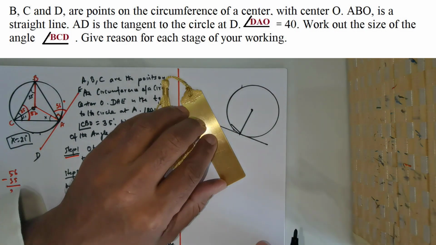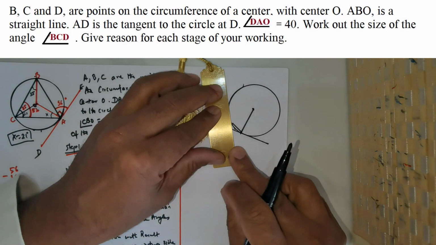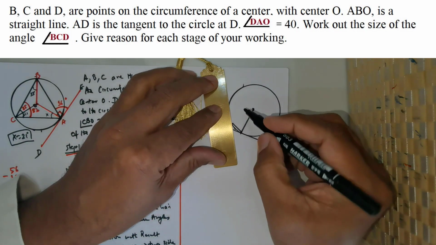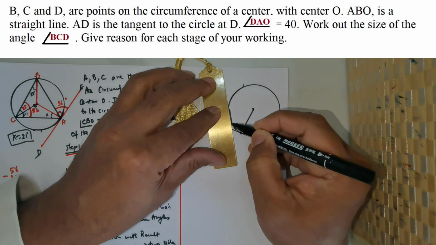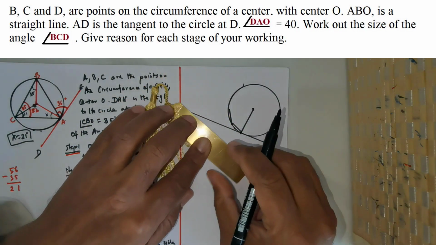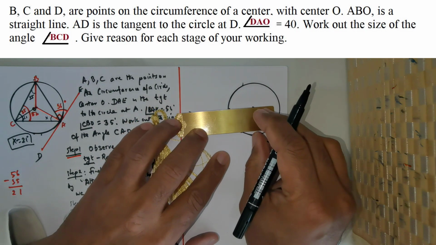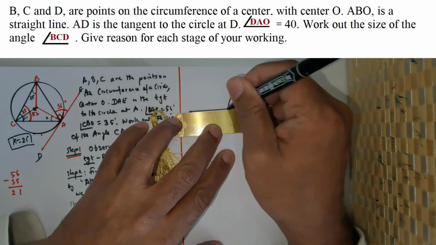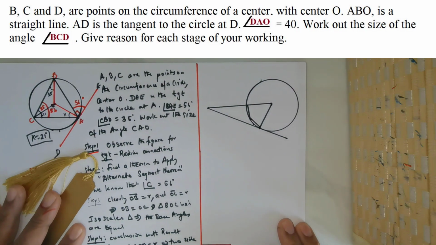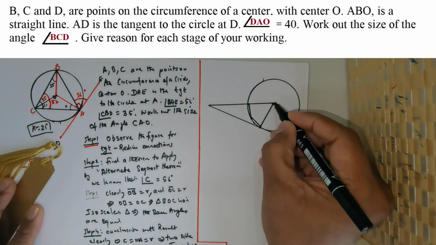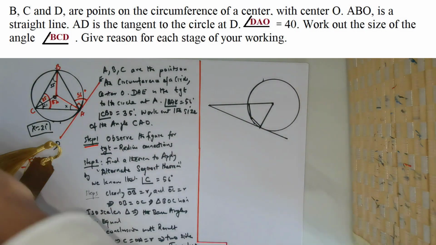Right, from this point there is a chord, and there is another chord, and then there is a connectivity there. So this point is O,